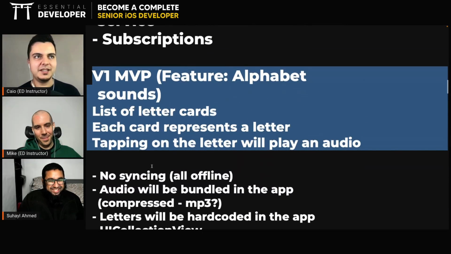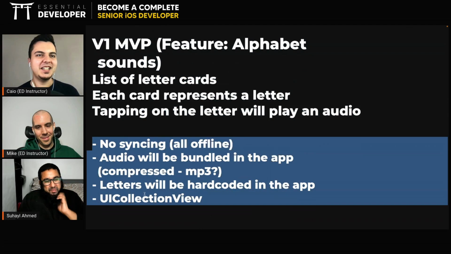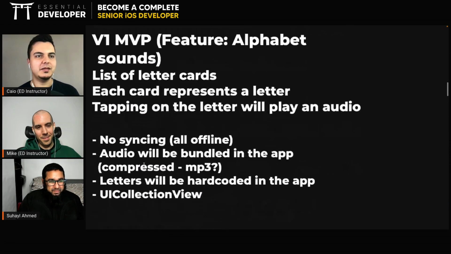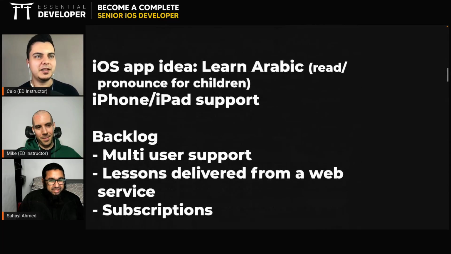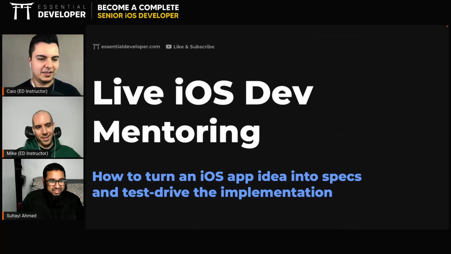Simple user interface, simple implementation. You record the audio. Don't waste time trying to find audios on the internet. Simple. Don't get stuck. And then you go from there. V1, go to V2, and so on. Any idea that comes as you're implementing things, put in the backlog. Don't increase your scope for the release. Okay? Does this answer your initial questions?